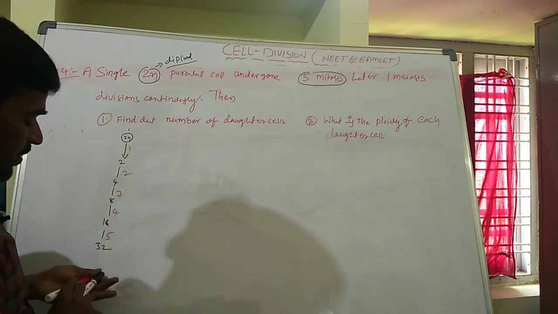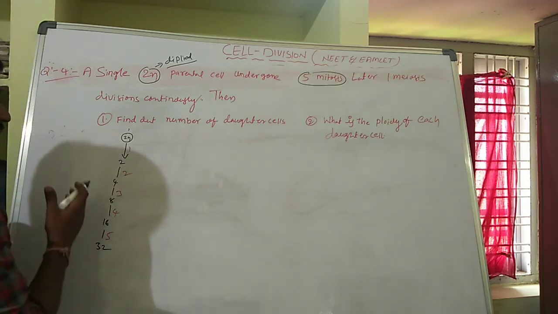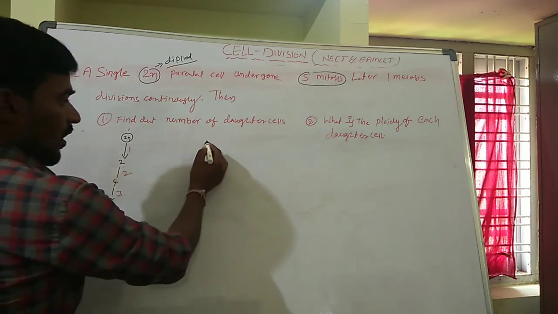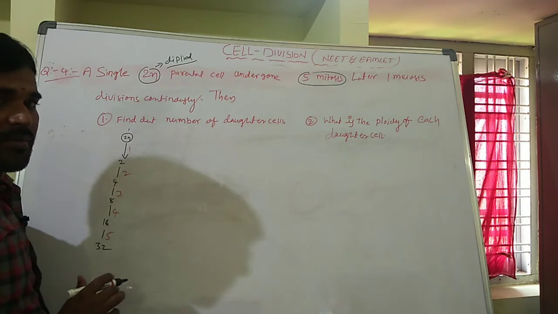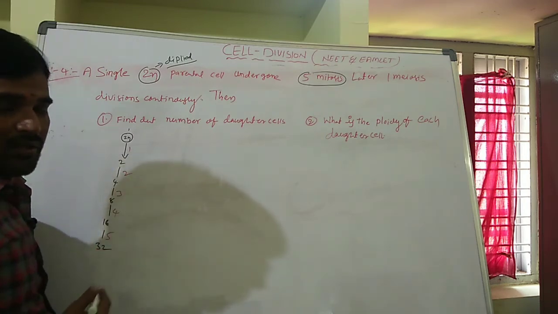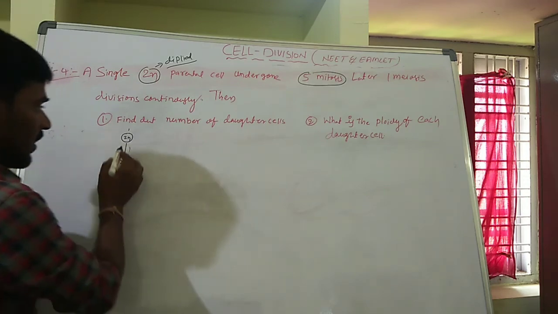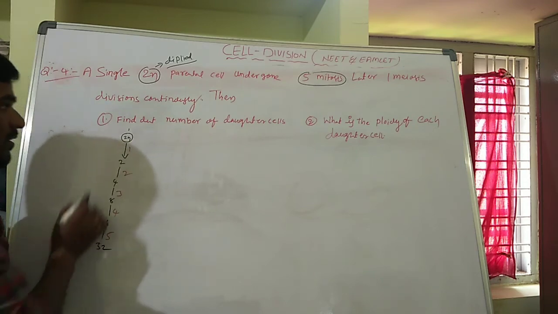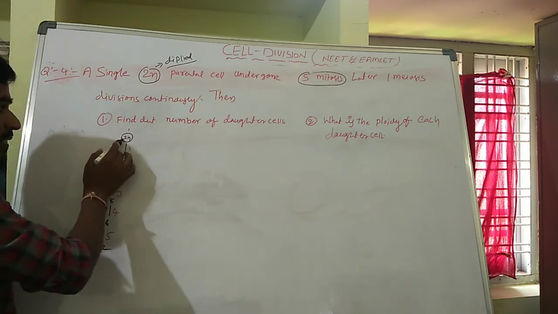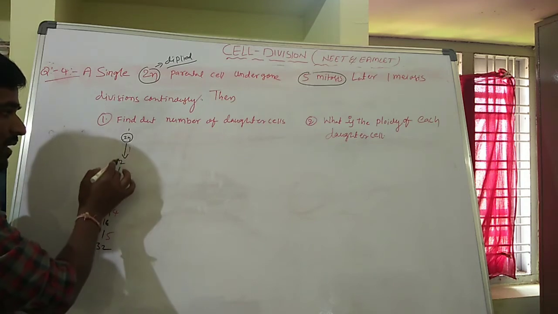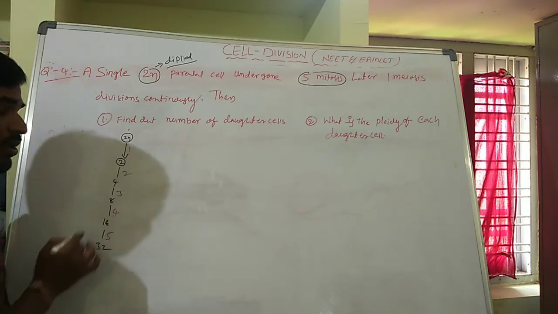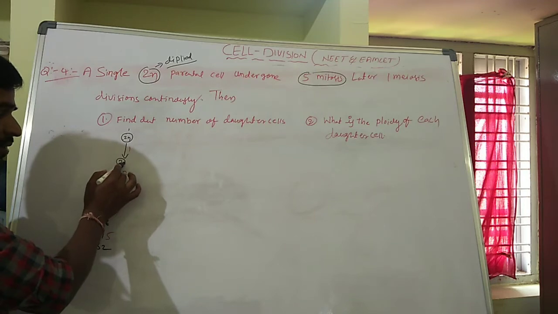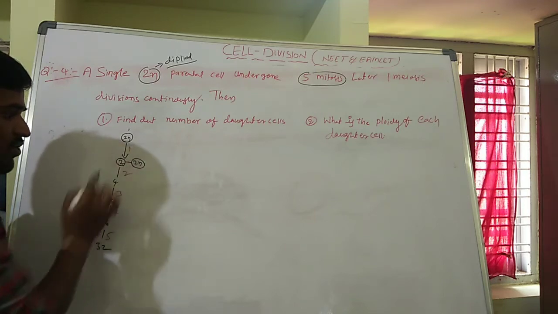Okay. Now here we have to recall one thing. In mitosis divisions, chromosome numbers are equal when we compare to the parental cell. In the parental cell, the chromosomes are in which ploidy? Diploid. So the ploidy is also the same. So the single diploid parental cell is involved in mitosis division. How many daughter cells will be formed here? 2 daughter cells will be formed here. These 2 daughter cells are also diploid in nature.